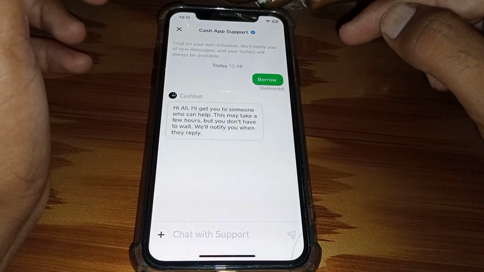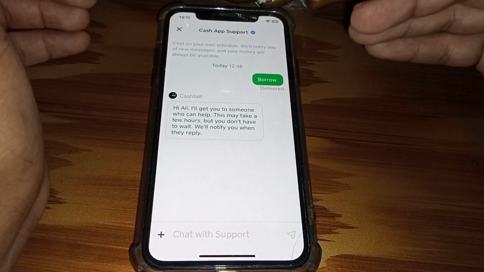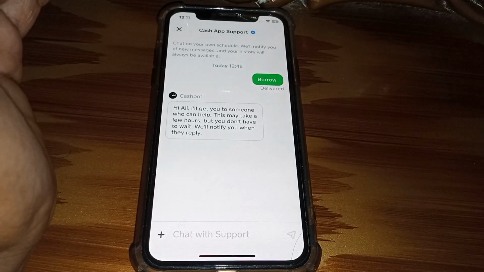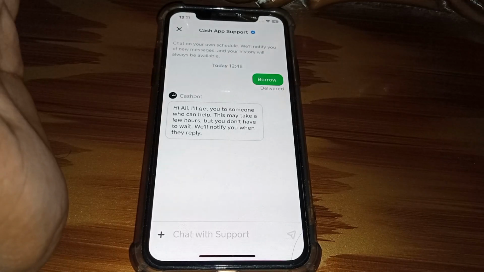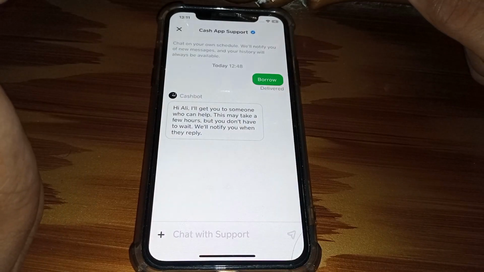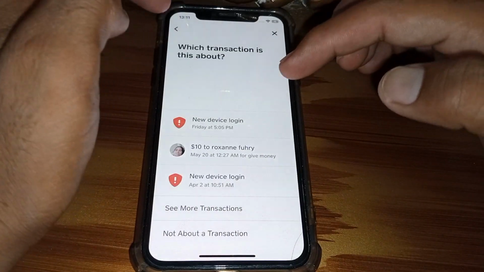Now tap on chat. Now let me tell you that you have to tell them that the borrow feature is not showing for you. Okay guys, so tell them that you have fulfilled all of the conditions that one needs to get the borrow, and still the borrow feature is not showing for you. Okay guys, or you can also search for this by tapping on